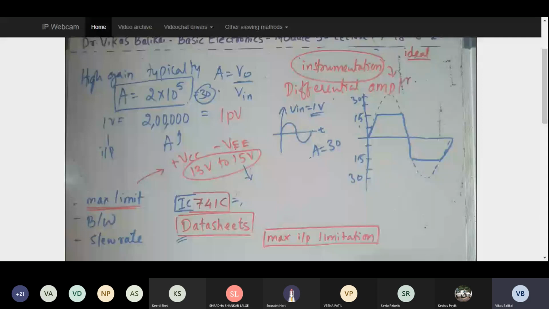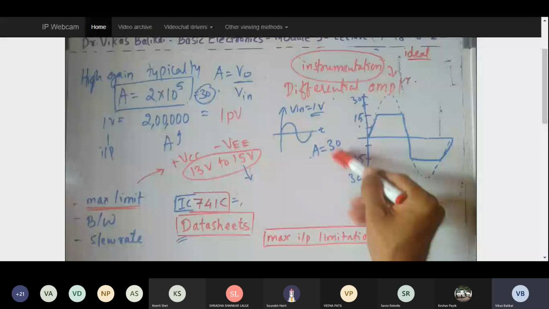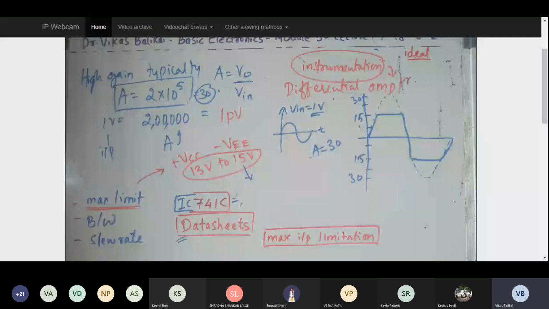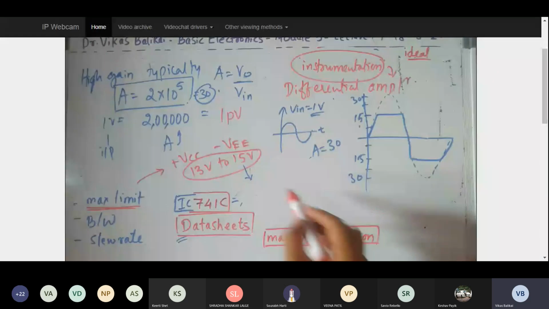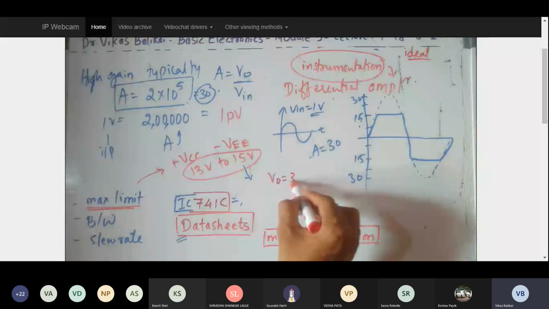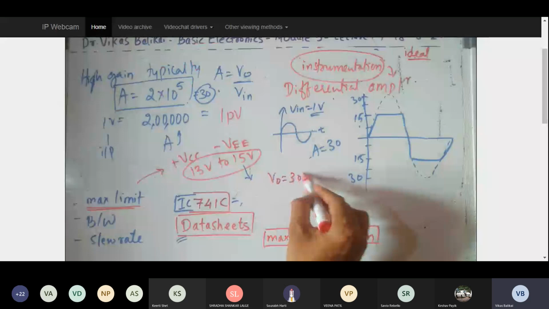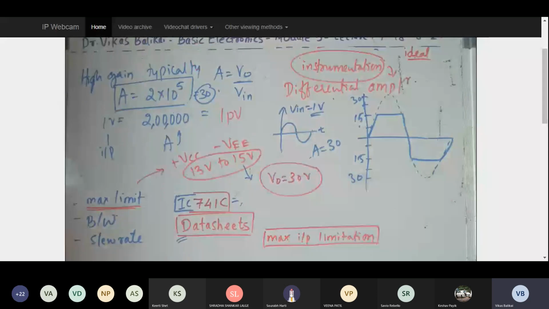That is with the help of the supply voltage. And this is true in all operational amplifiers. Your output voltage will always be limited by the maximum power supply. So this will be the outcome. My gain is 30 and input voltage is 1 volt. But while calculating with numericals, if I give input as 1 volt and gain as 30, what is the output voltage? We say 30 volts while solving some of the numericals. But that will always be restricted by the maximum power supply. If I check the practical scenario, if I try to measure it, this is what will be the result.